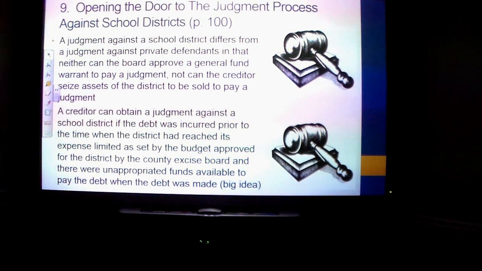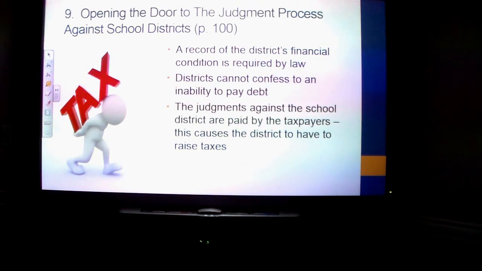The creditor can obtain a judgment against the school district if the debt was incurred prior to the time when the district had reached its expense limit as set by the budget approved for the district by the county excise board, and there were unappropriated funds available to pay the debt when the debt was made. So that is a big idea. So if there was a debt prior to a limited expense, and then there were funds that could have paid the debt, then we have a challenge and a conflict of interest, because they could have paid the debt and they didn't. So a judgment can go against the school district for not fulfilling their obligations. So other things that I think are important, districts can't say,